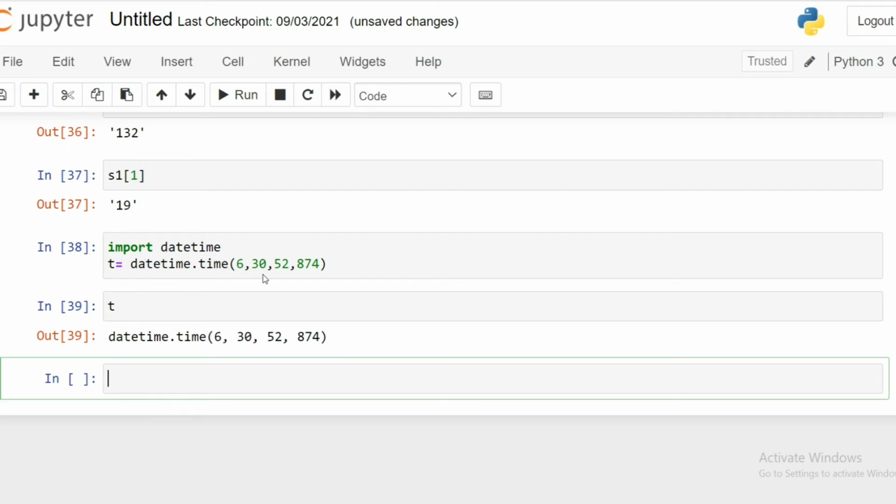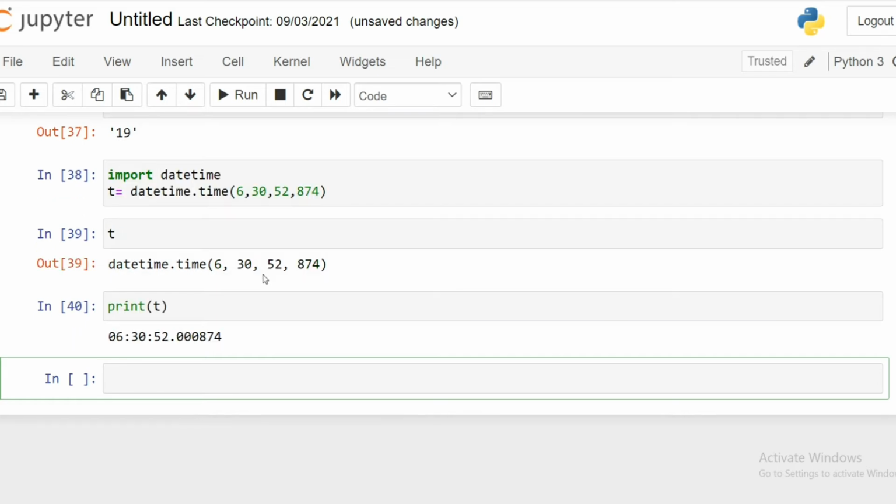What if I want the hour, what is the time? I can give print t. See, I'm getting it in the format 6 hours, 30 minutes, 52 seconds, 000874 microseconds. In this way we can get it. Otherwise we can get it like this. Print